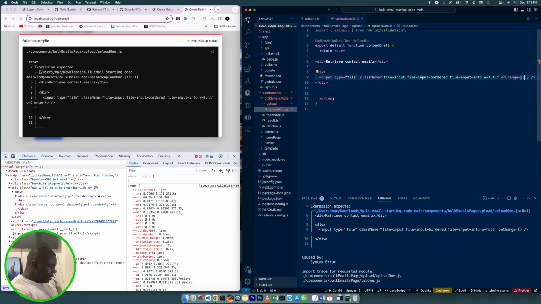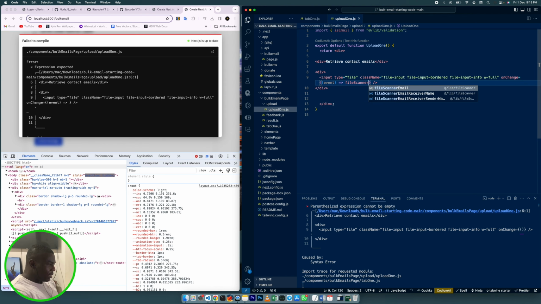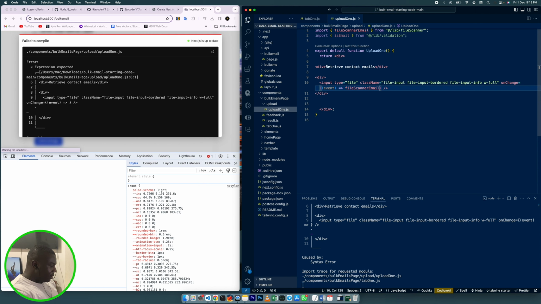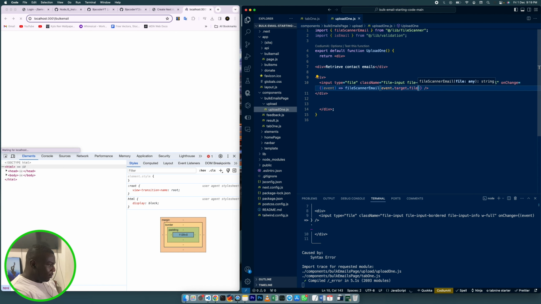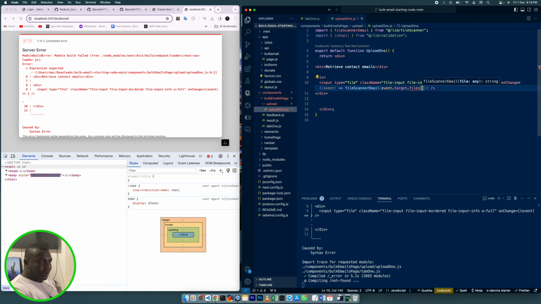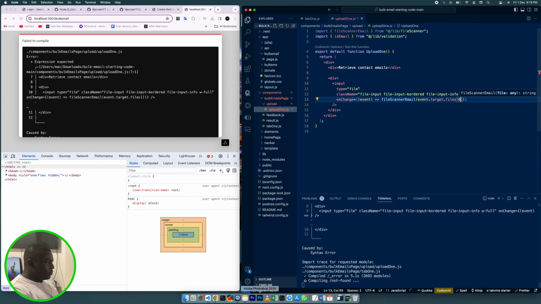We're going to say event to a function. We're going to say file scanner email. Okay, that's the function that's going to scan the file. The event.target.files. Okay, it gives us an array, so we have to pick the first one. All right, so now we come to